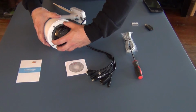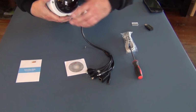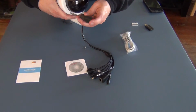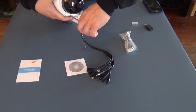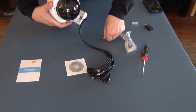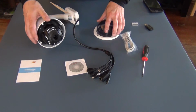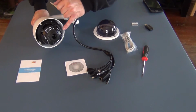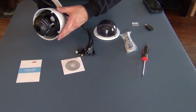So now since the screws are loose, whoops, I got one that's still a couple threads on there. And just pull this off. That exposes, this is your actual camera. You got your infrared LEDs, your main camera. And then if you notice,